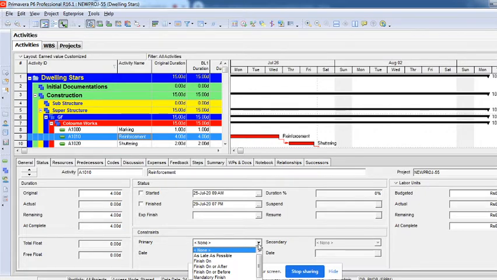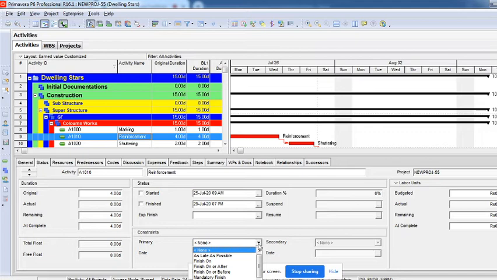If you say mandatory start on 25th of July, then no matter what your previous activity is doing, delayed or not delaying, it will not change in the schedule. It will be scheduled from 25th of July only. But if you say only start on, and your predecessor is not finishing on 24th of July, say it is finishing on 26th, then the new activity which was supposed to start on 25th will automatically get rescheduled to the 27th because of the predecessor, right?